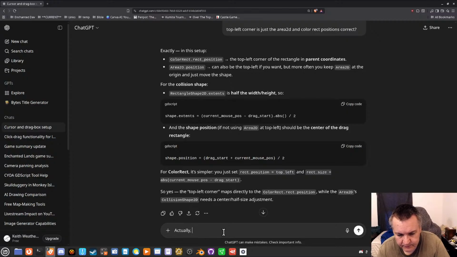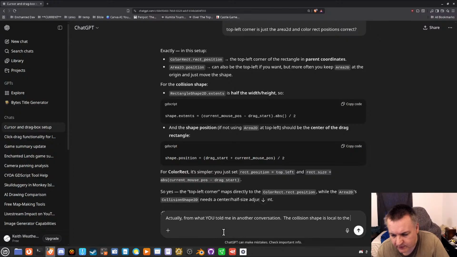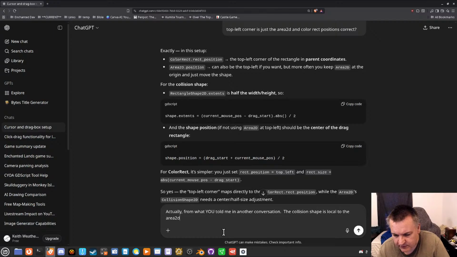Actually, from what you told me in another conversation, the collision shape is local to the Area2D it's attached to.